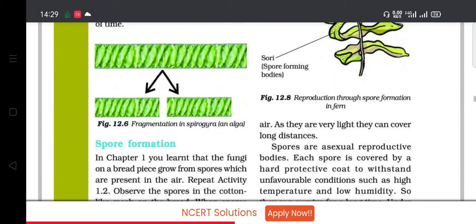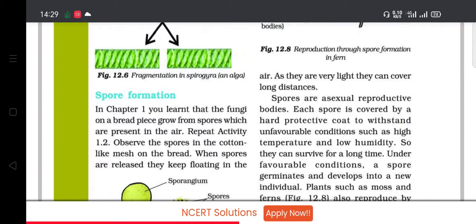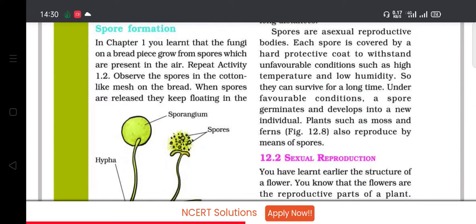Here you can see reproduction through spore formation. Children, there are plants which have very tiny particles which we call spores. Spores are reproductive bodies and each spore is covered by a hard protective coating to withstand unfavorable conditions such as high temperature and low humidity. So they can survive for a long time, and under favorable conditions they can germinate to develop a new individual. Now here we have done a revision of the text part also,